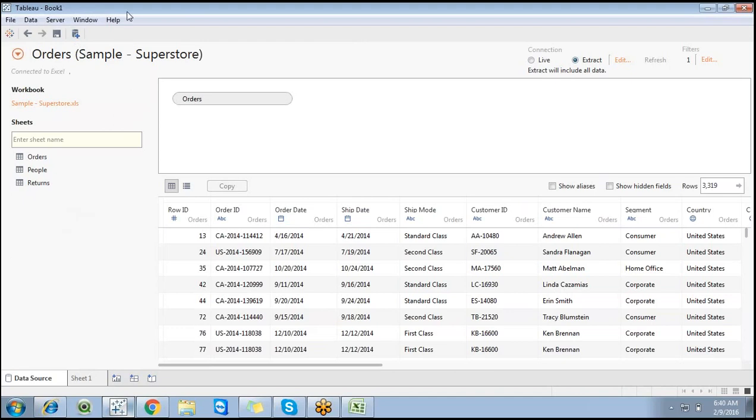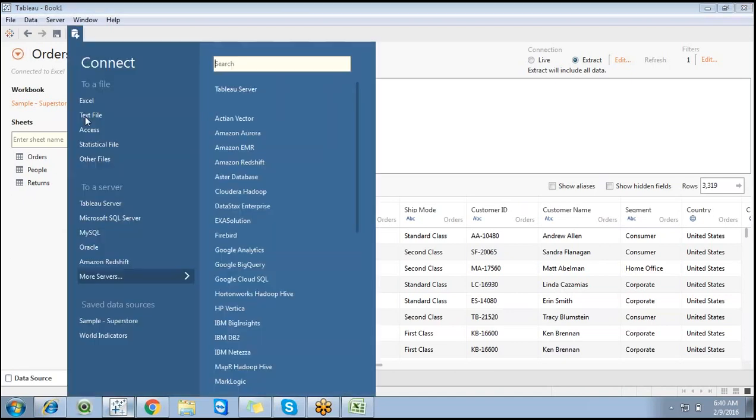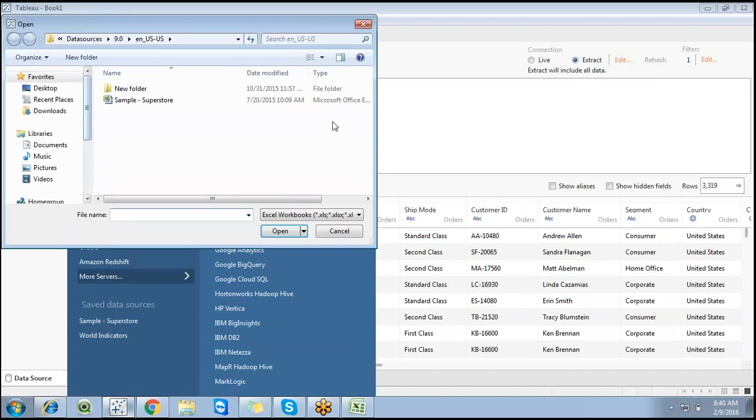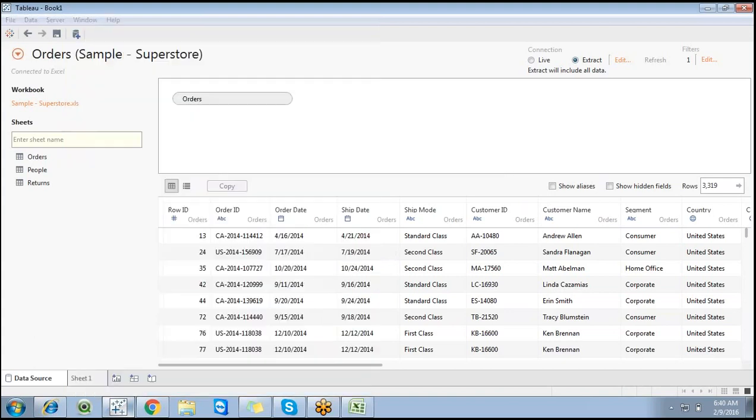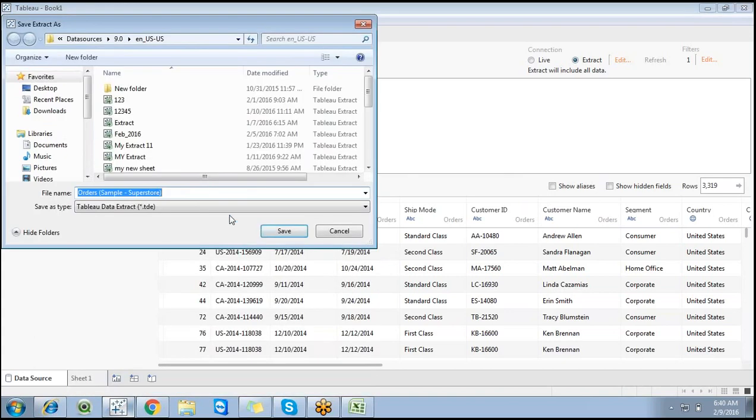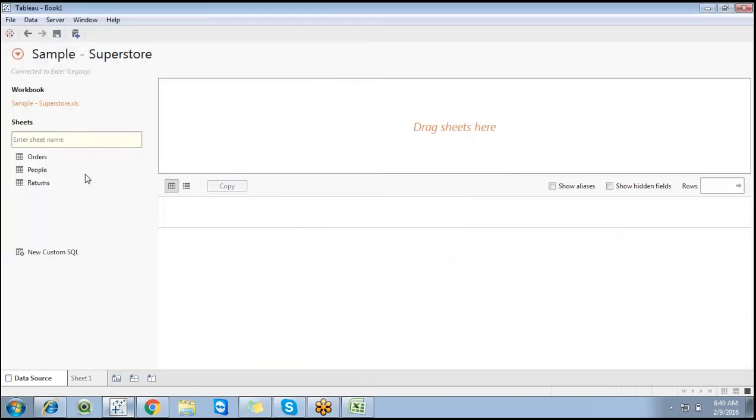But whenever you're going for a legacy connection, right-click on Excel, click on the sample superstore drop-down, and open with legacy connection. Now you can see the new custom SQL editor.